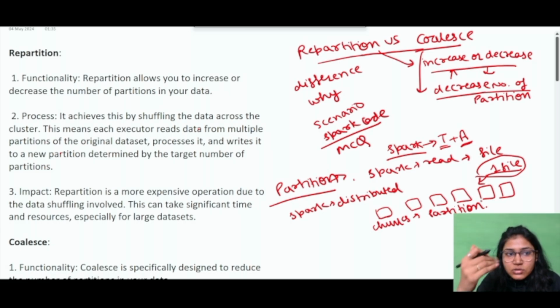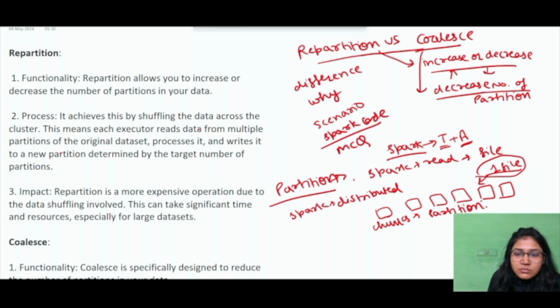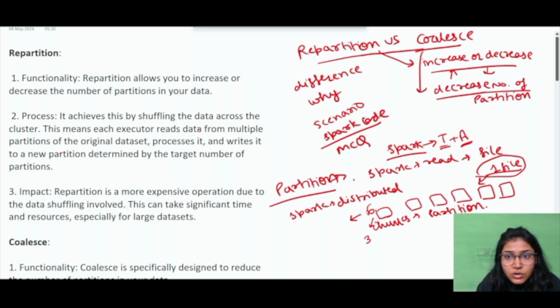Now we know what a partition is. According to the definition, with repartition we can increase the partitions. Say we have 6 partitions here, and I want to redistribute the data to 8 or 10 partitions, or reduce the number of partitions to 4; then we can use repartition. And say I have a requirement to reduce from 6 to 3, then I can use coalesce too. So for reducing the number of partitions, we can use both repartition and coalesce, right? Then what should we prefer? That is the next question, so let's study that.